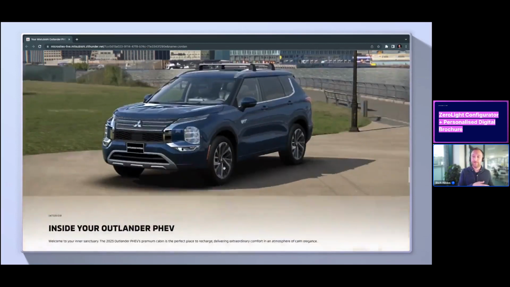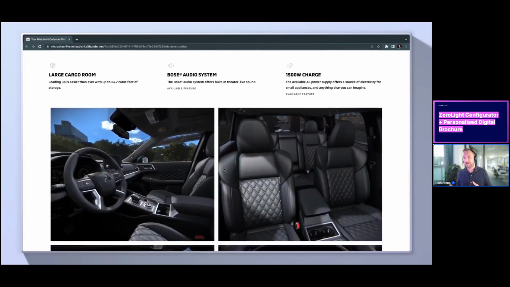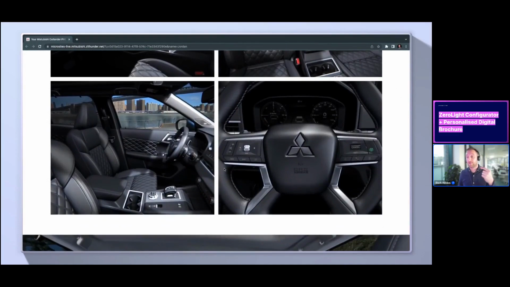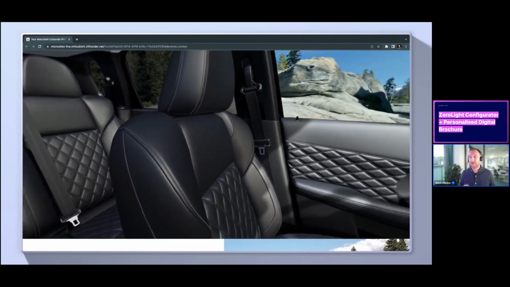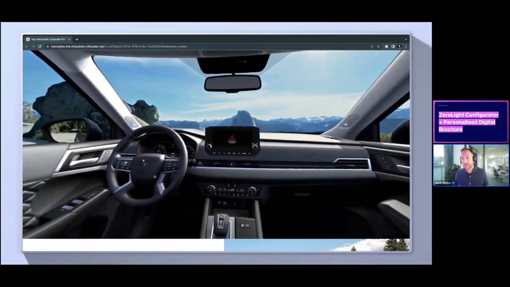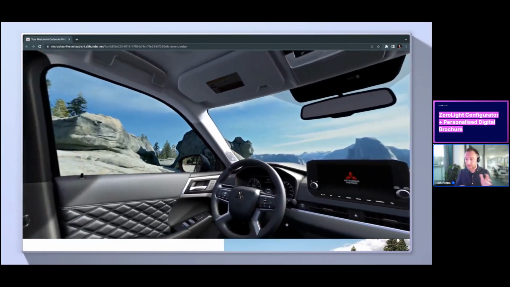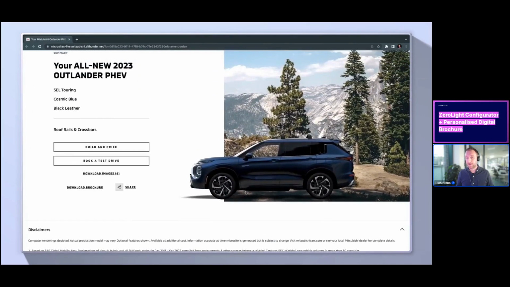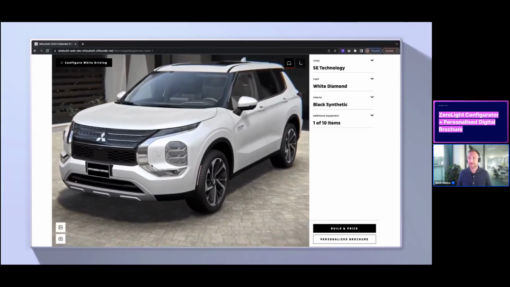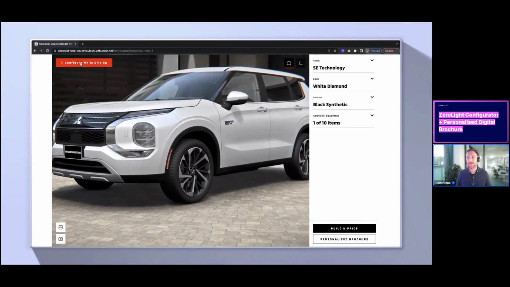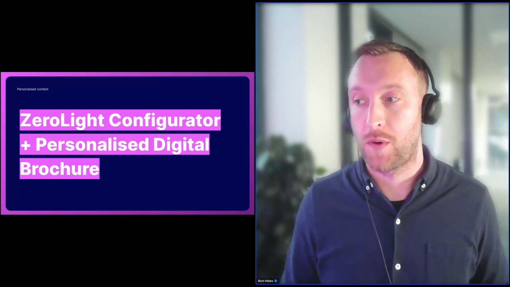The customer doesn't leave the dealership or leave the configurator just thinking about the car. They can refer back to this. They can explore the interior here. So the platform also creates 360 panorama images, so they can totally scroll around and really explore the vehicle. And they can share it with their families and friends. They're thinking about making this purchase. It's a large purchase. They want to share it with their families and friends to better inform the buying decision.